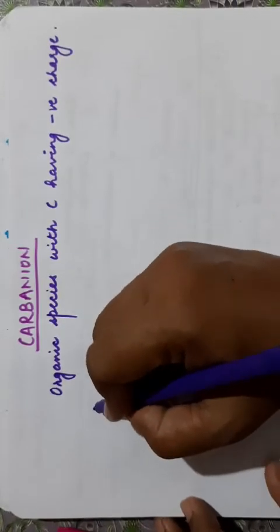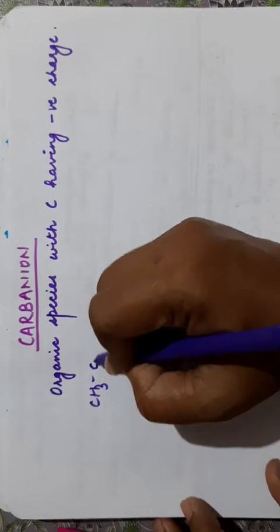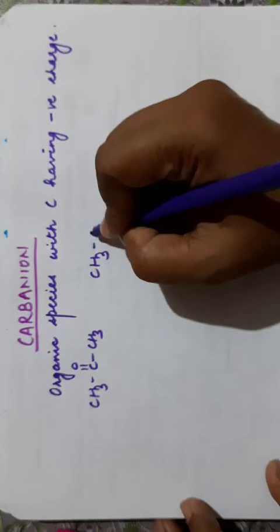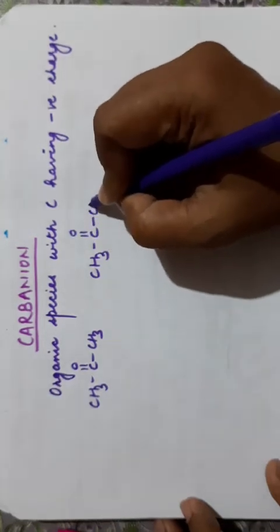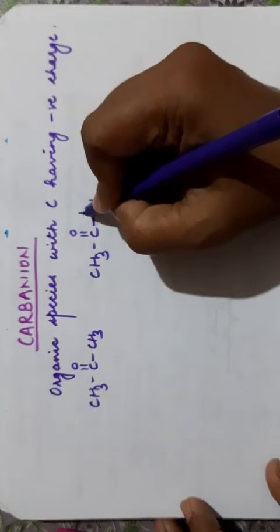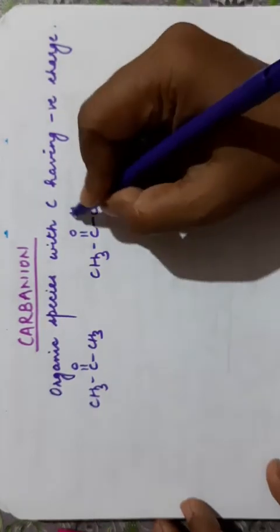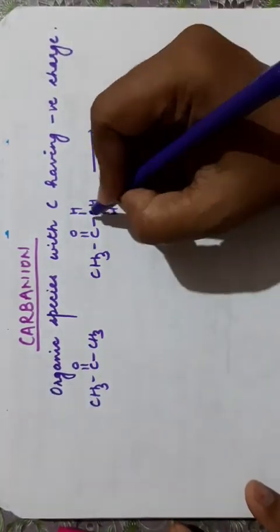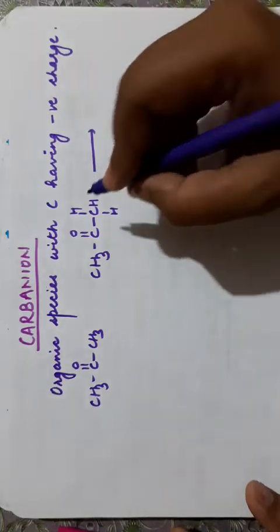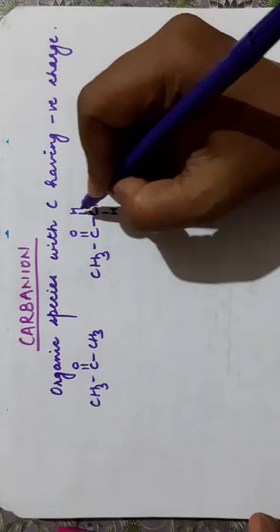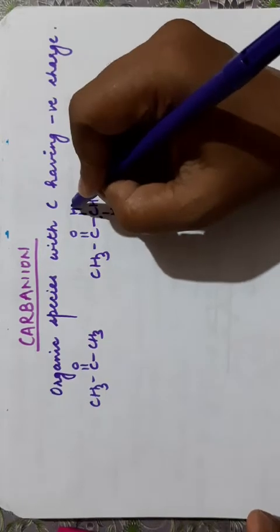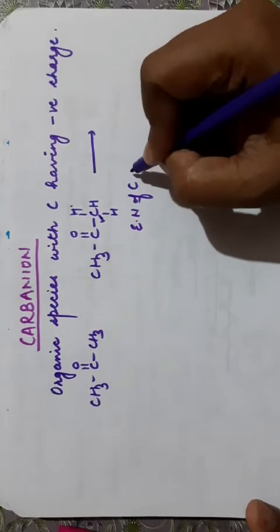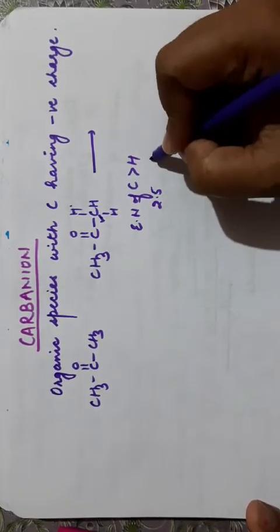Suppose I am taking the example of acetone here. Acetone is CH3COCH3. Clear? Now can we write it like this? CH3, C double bond O, CH2, and then 3H. In this way I have written CH3 C and then 3H. Now what will happen? The bond between carbon and hydrogen is considered a non-polar bond, but the electronegativity of carbon is higher than that of hydrogen. It is 2.5, and it is 2.1.